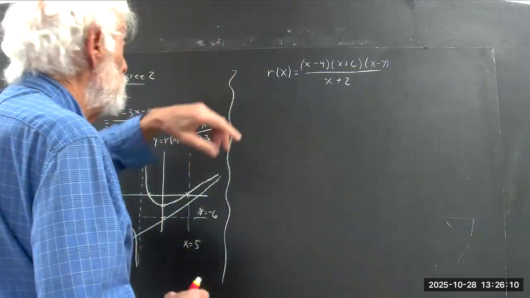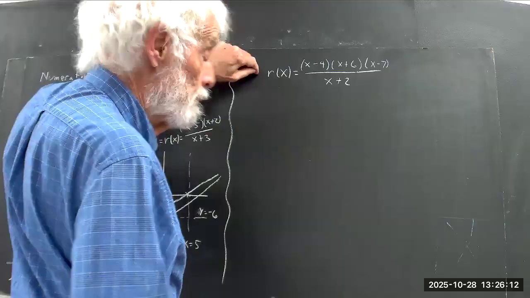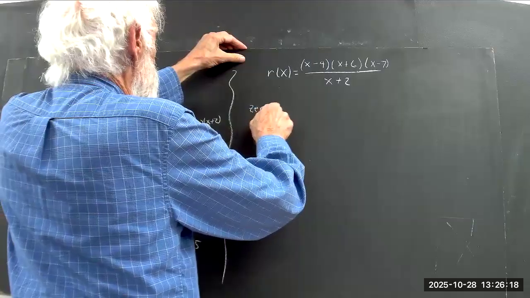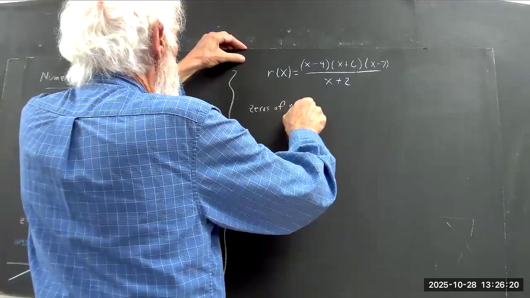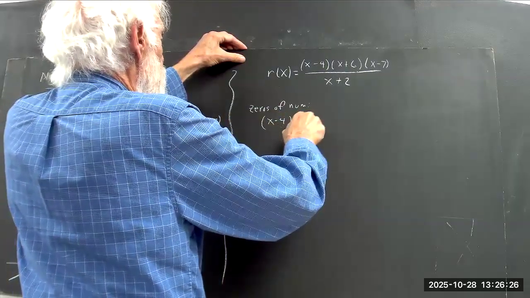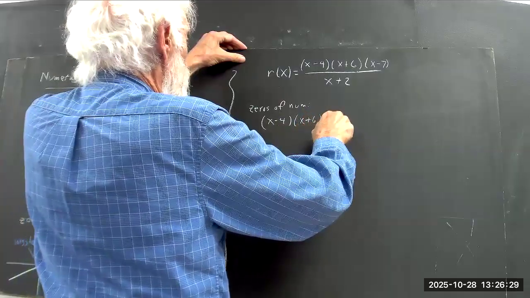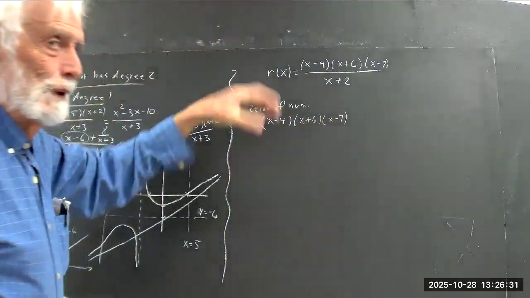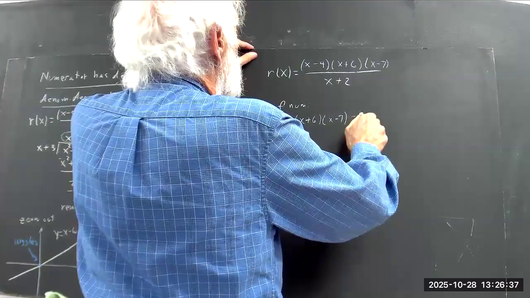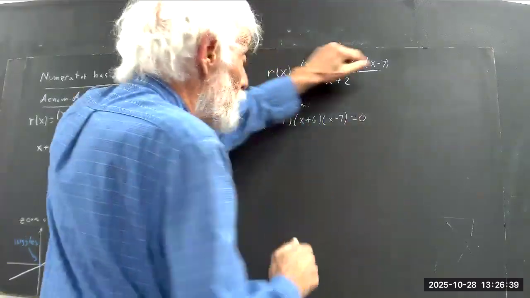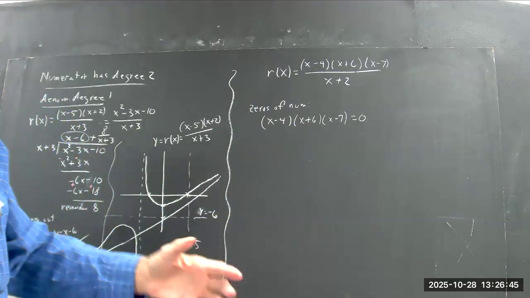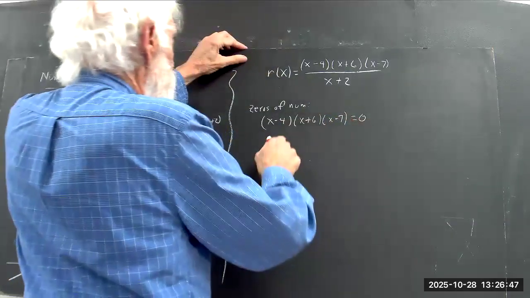So we have this function. We follow the usual pattern. And we write it out, even though we can see it, we write the dang thing out. Because sometimes you need to do that and you want to be in the habit. You don't want to get in a situation where you can't see what these zeros are. And then you don't know what to do. If you write out the equation,